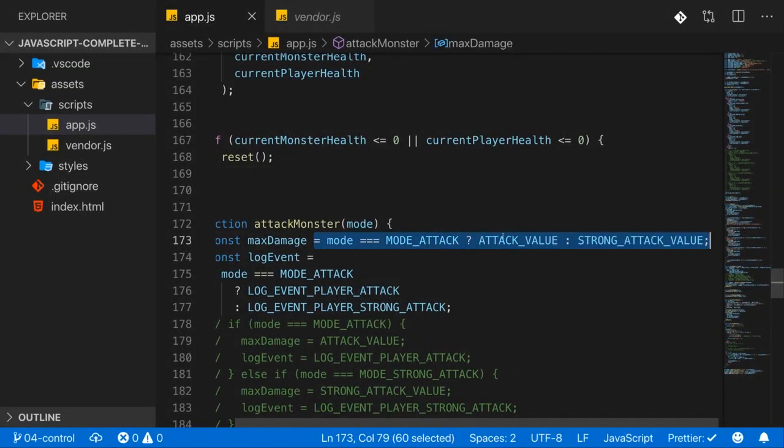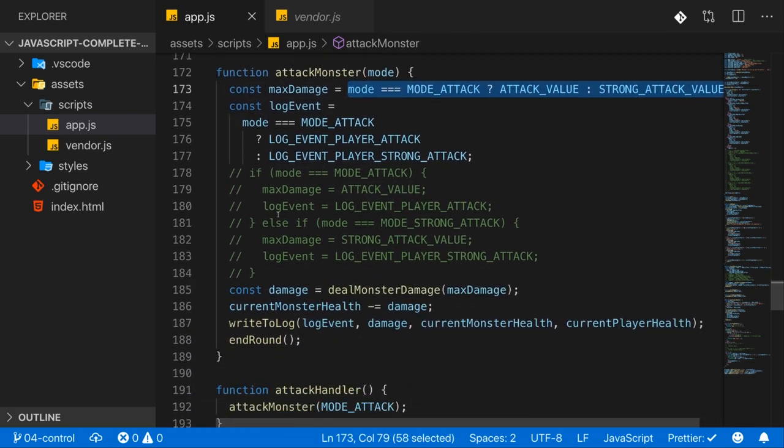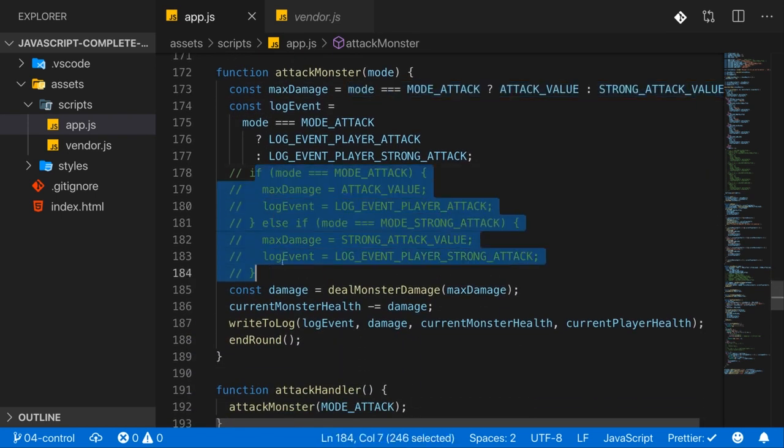You learned about the ternary expression, which allows you to write inline if statements, so to say, which you can't do with normal if statements. But if you just need a value and you have a relatively short condition and a relatively short code to get that value, then this can be an alternative to writing a more verbose if statement where you assign values